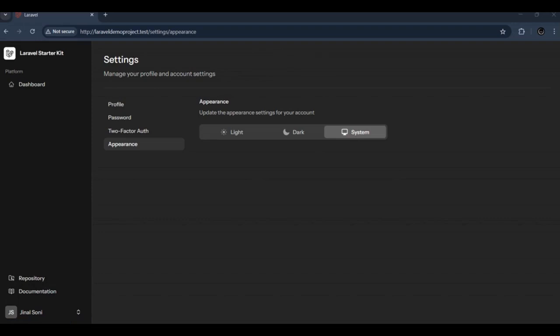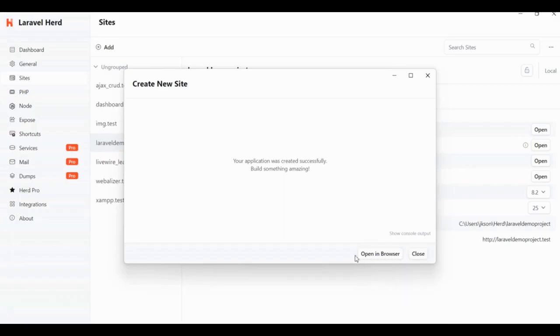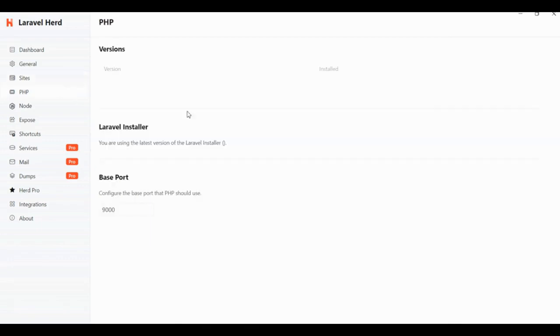What is the benefit of the Laravel Herd? So there's no need to edit path variables while you change the different PHP versions, and no need to uninstall the old versions and add the new versions for you. So Herd does all the magic for you, and so you can add the different PHP versions,